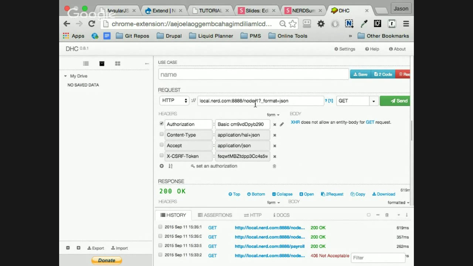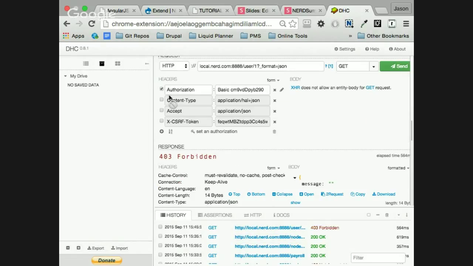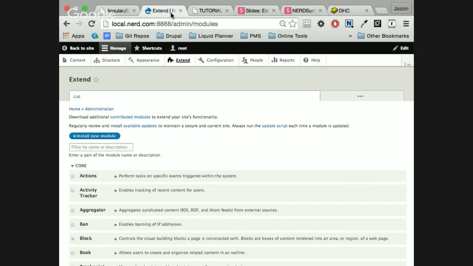But I'm gonna also check user one. Now, if I go to user one, I'm getting 403, even if I have authorization check. Anyone here want to tell me why? 403. Yeah, it takes me a while too, but it was easy because I actually never enabled that